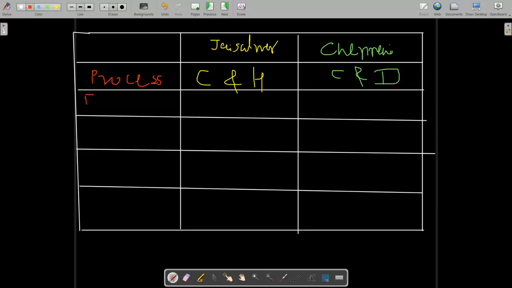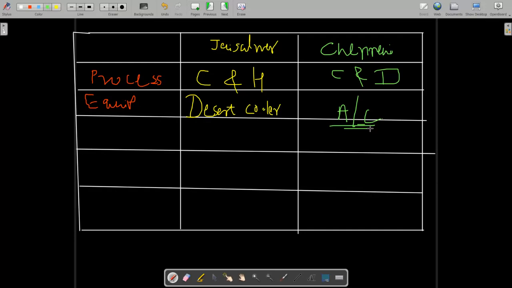And which equipment can we use? In Jaisalmer we have to use a desert cooler. Yes, you heard right, desert cooler, and you might have studied it in your BTech program. It will reduce the temperature as well as increase the humidity. It is a cooler in which we add water, and it gives cold air. It works on the same principle, but it increases the specific and relative humidity. And in Chennai we can use normal residential air conditioners, which work on the cooling and dehumidification cycle.